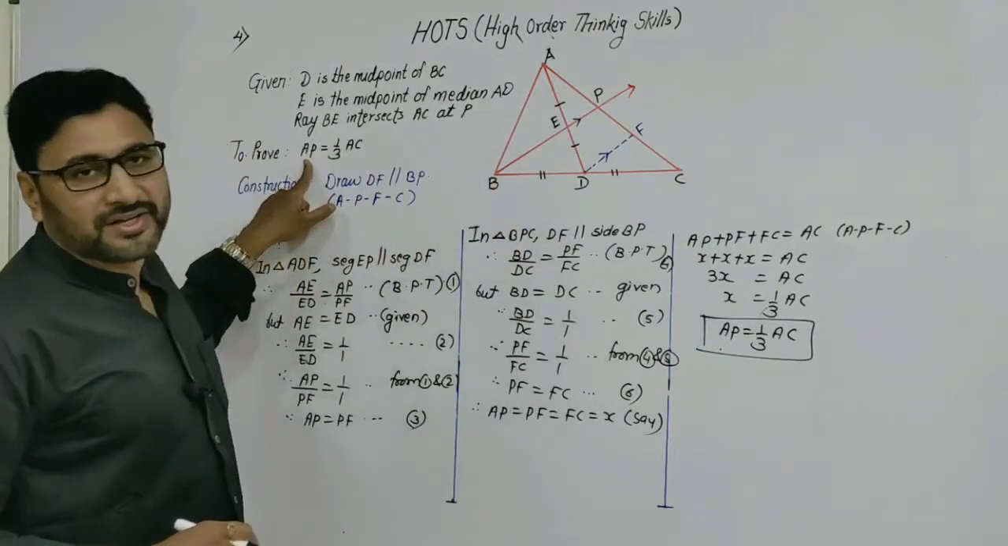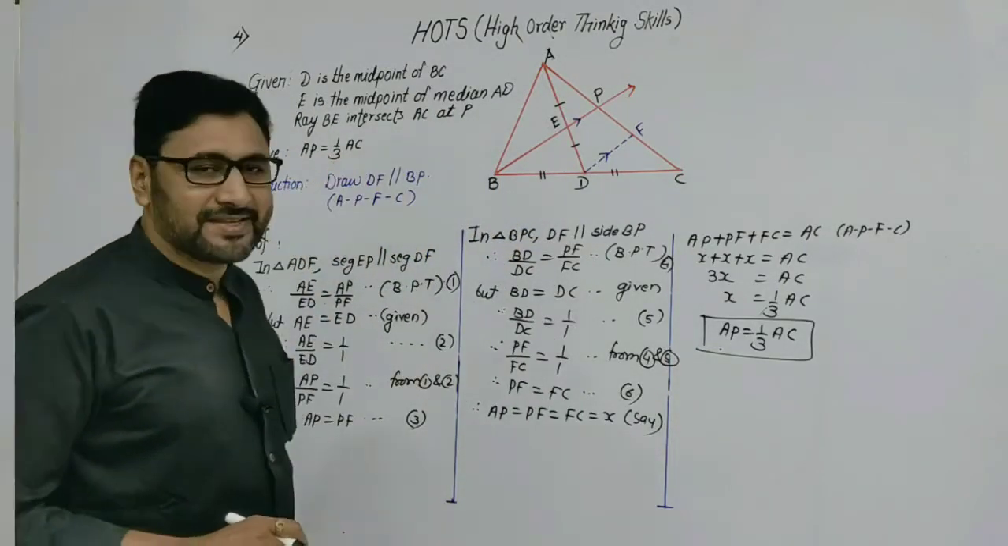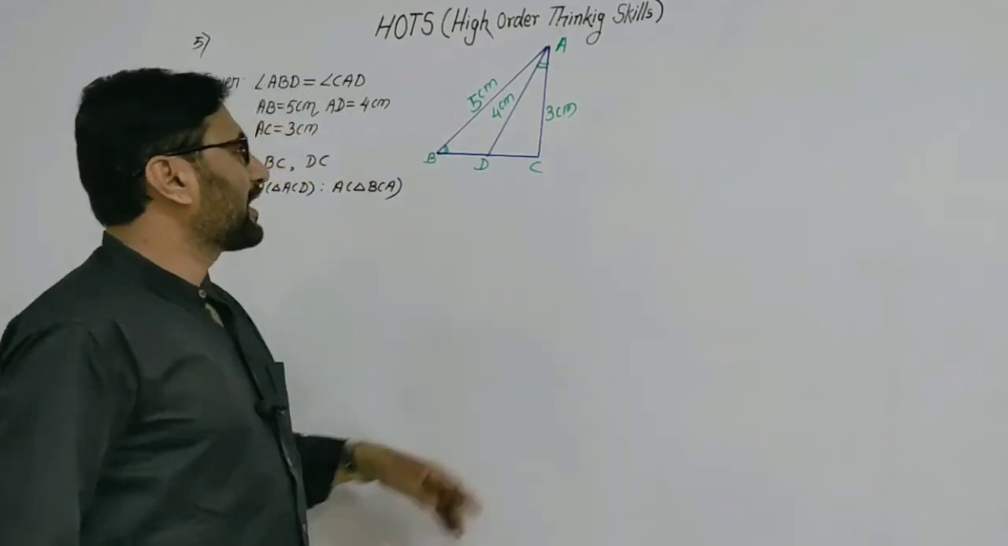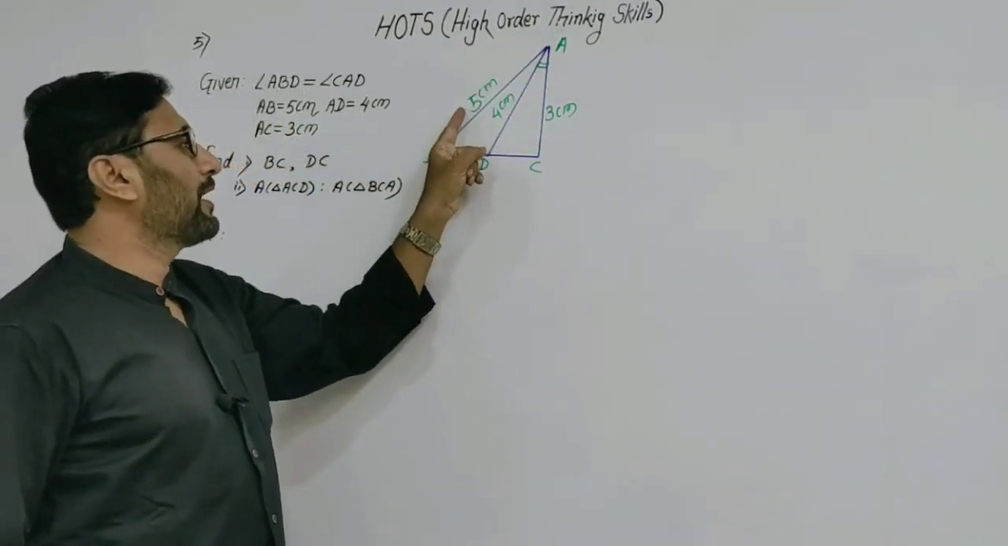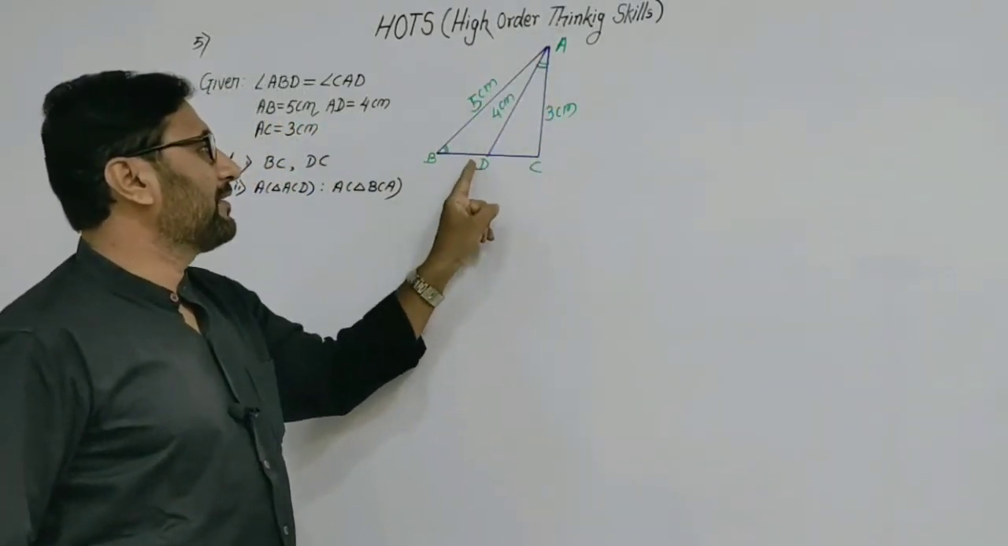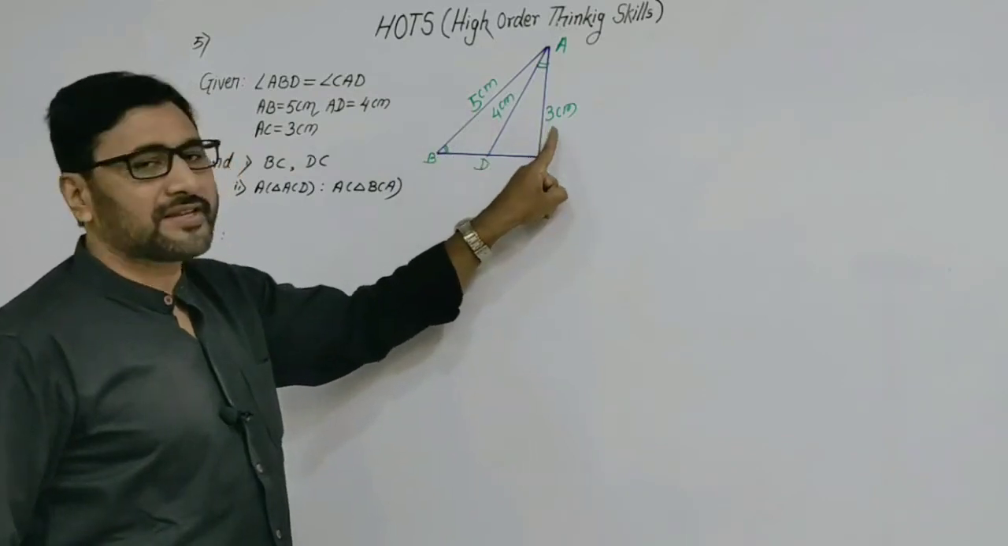So this is what we had to prove. AP is equal to 1/3 AC. Next sum. In triangle ABC, lengths of AB, AC and AD are given as 5 cm, 4 cm and 3 cm